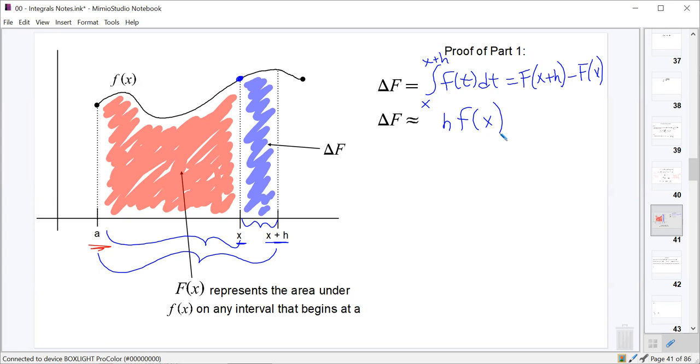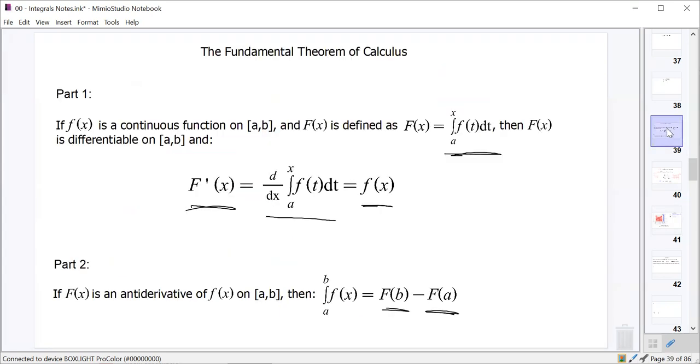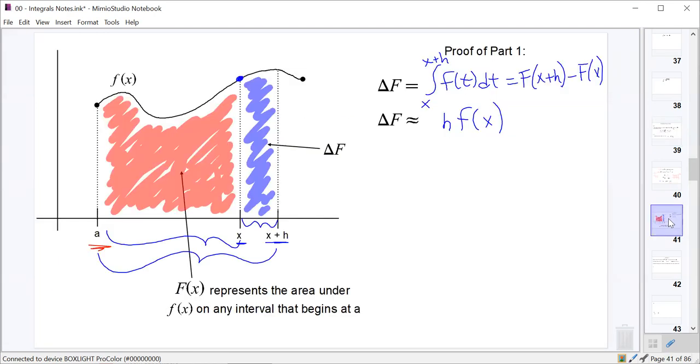Well, the first part of the fundamental theorem of calculus says that the derivative of our function capital F should equal little f. Right? And so if we're thinking about what is the derivative of capital F, well, in terms of a derivative of a function, we know that the derivative with respect to x of capital F of x, which we know as f prime of x,